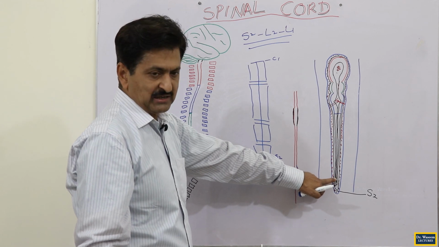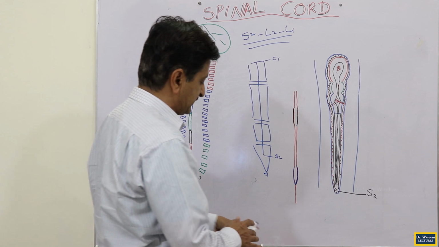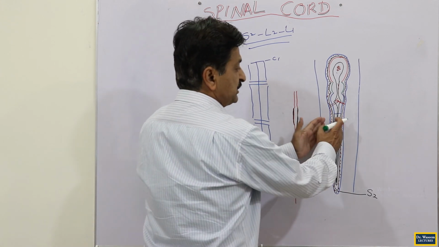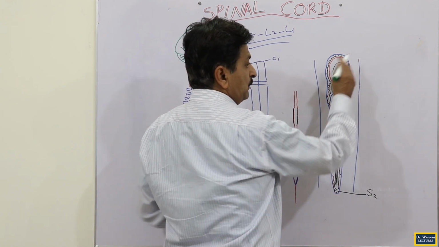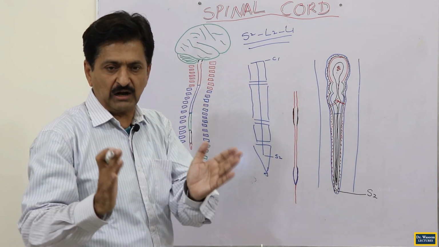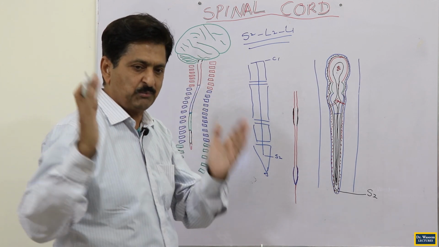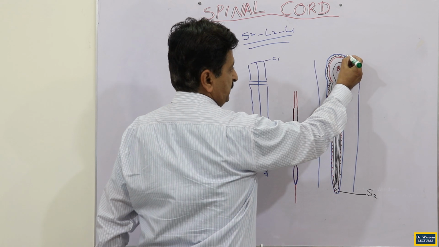So we have the pia mater, then the subarachnoid space, and then the arachnoid mater, until we reach the surface, more externally, closer to the bone in which the brain and the spinal cord are both accommodated. Now this third meninx will be touching the inner aspect of the bone, and this will be called the dura mater.